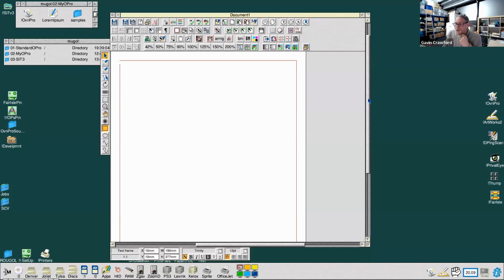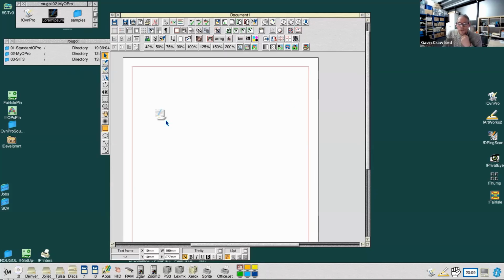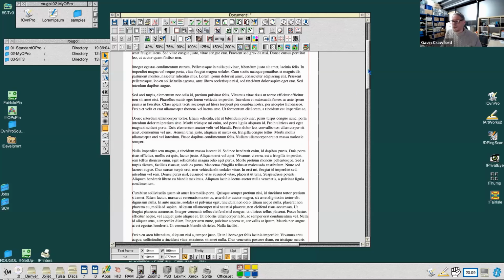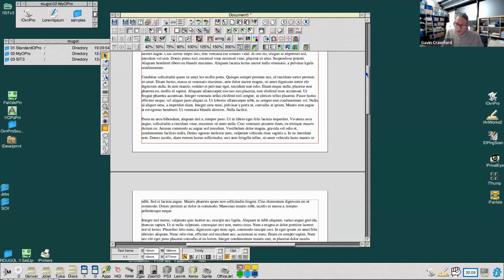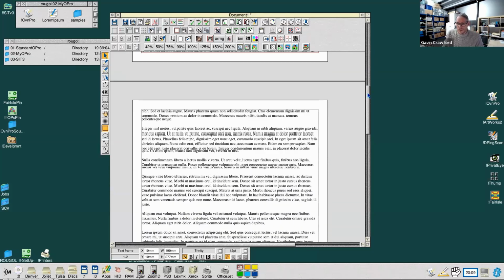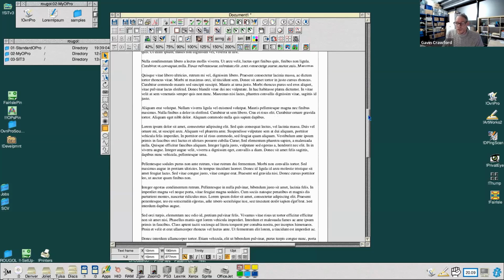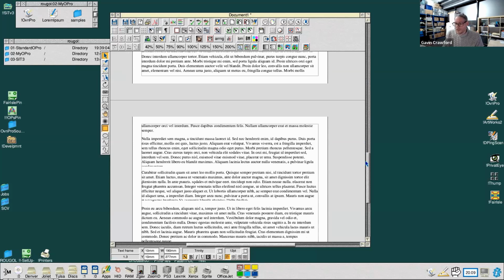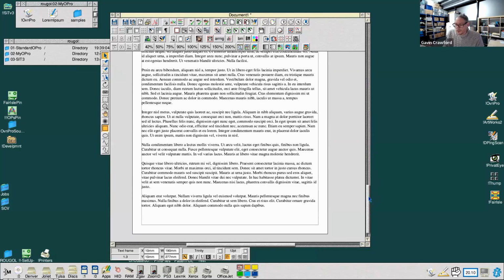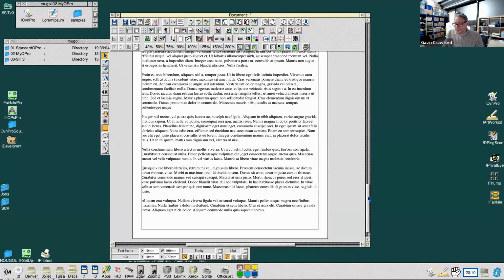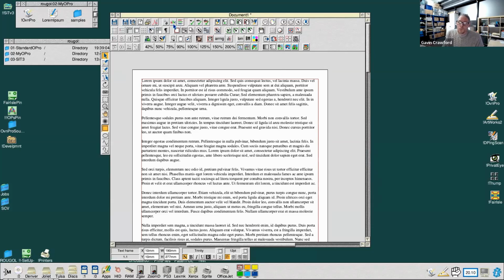But let's start off and just chuck in some text. As you can see, it's as standard. It comes as an A4 page with 10mm margins. You can customize and change all that, but that's the standard setup. And you can see that as I've dropped in the text, it just creates the pages necessary and extends to how many pages it needs to take that text. So it's very much like any other standard word processor type system, but it's more than that. It's more of a desktop publishing system,